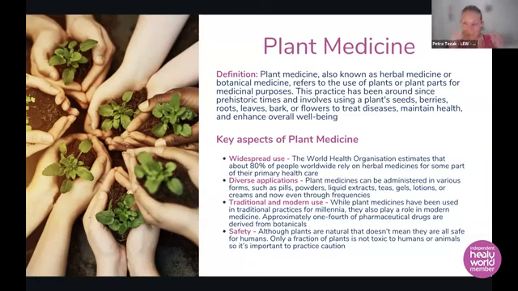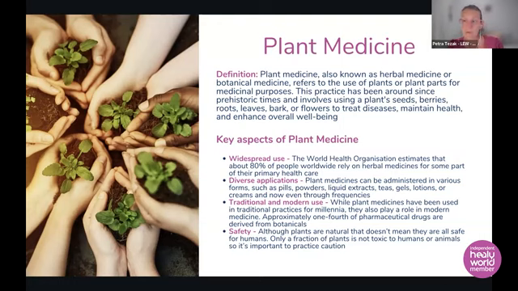Also, when we look at plant medicine, the majority of people think, because it's plants and herbs, it's completely safe. Let's put this out there on the table. Plants need to be respected. So we need to understand that although plants are natural, if we're looking at the physical form, that doesn't mean that they're actually safe for humans, all of them.